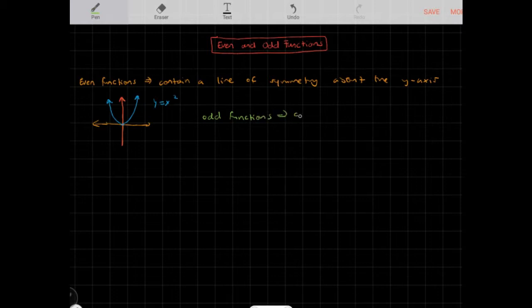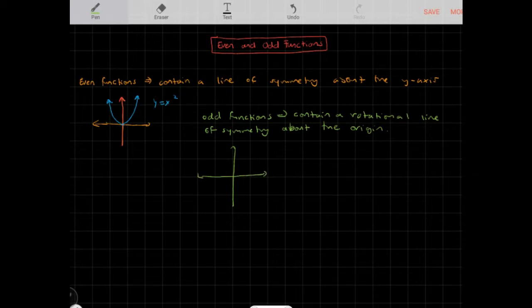And odd functions contain a rotational line of symmetry about the origin. So what does a rotational line of symmetry mean? Well, if this is our function, let's say this is y is equal to x cubed. This is our function. A rotational line of symmetry about the origin means that there is this line that if